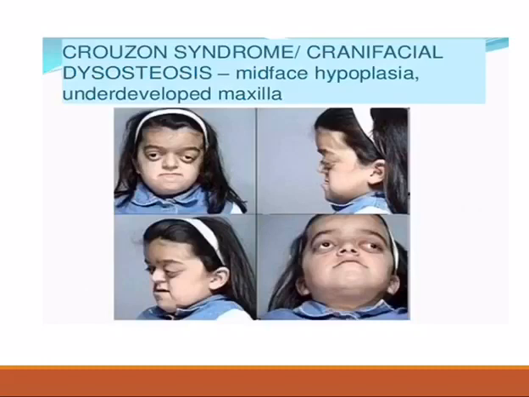Crouzon syndrome. It is one of the syndromes that is related to the maxilla. It is caused by underdevelopment of the maxilla. And we can see